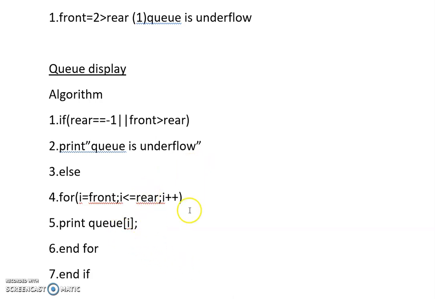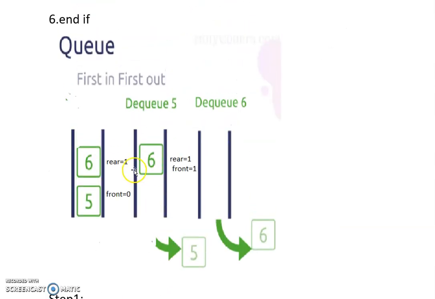Have you got? I will explain again. If no element is present, queue is empty will be displayed. If not, i equal to front, i less than or equal to rear. That means from front to rear values. If it has 3 values, 5, 6, 7 like that, then rear equal to 2, front equal to 0. From front to rear we need to display all the elements 5, 6, 7 like that.